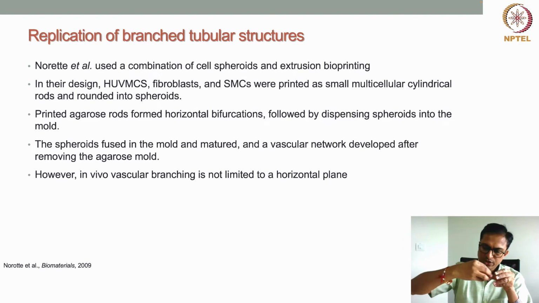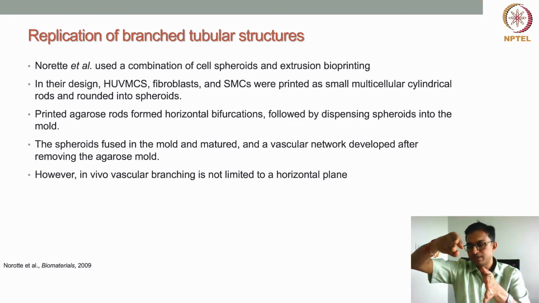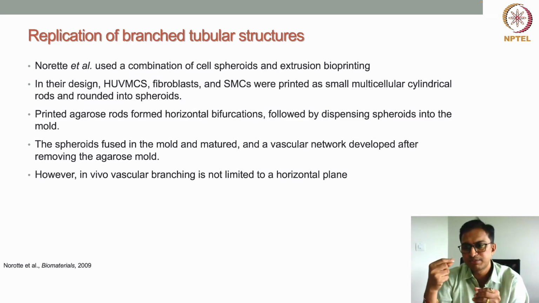So when I print agarose cylinders, agarose rods in a parallel fashion, and in between those agarose rods I put my spheroids, and then again agarose rods are printed, the spheroids will fuse with each other, and a cylindrical tissue kind of structure